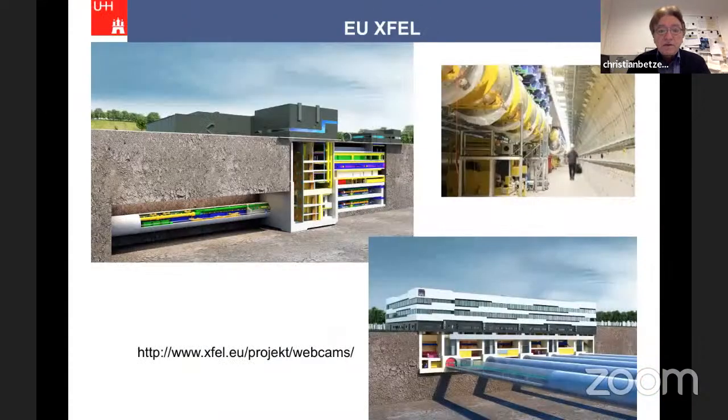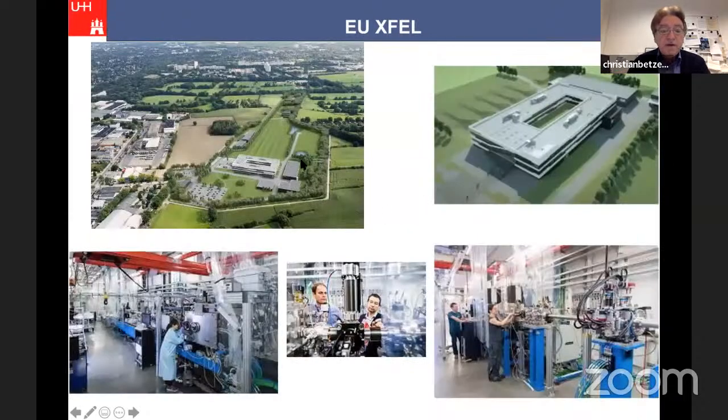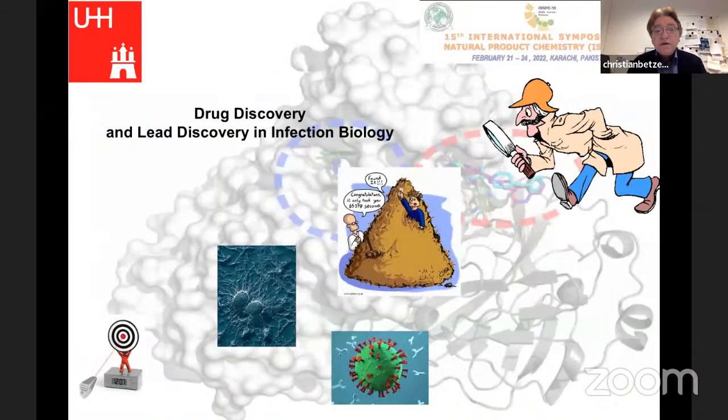This shows a scheme of the Free-Electron Laser we have here in Hamburg, and you see the building on top and 3 floors in the underground. Here's the tunnel. We have the experimental stations. Here's the building on top. And here are the stations where, for example, this is Henry Chapman and a co-worker, Anton Barty, very famous these days, collects. This is a station where you spray crystal suspensions and you collect data. And also with this, we can do today mostly remote.